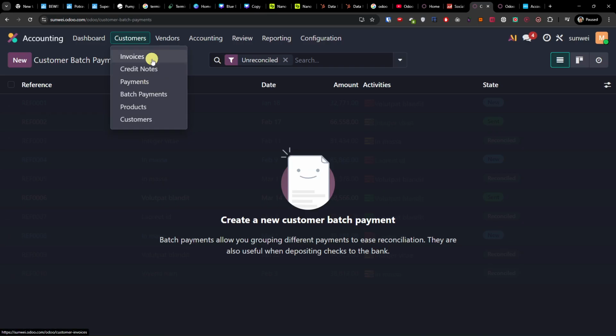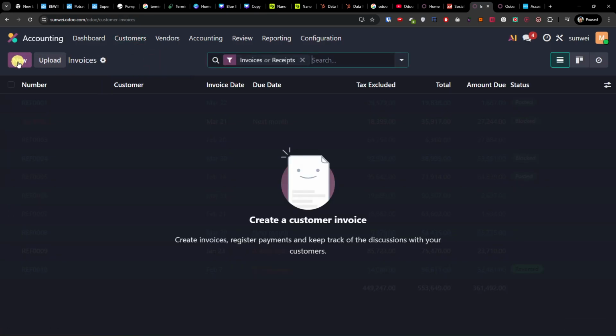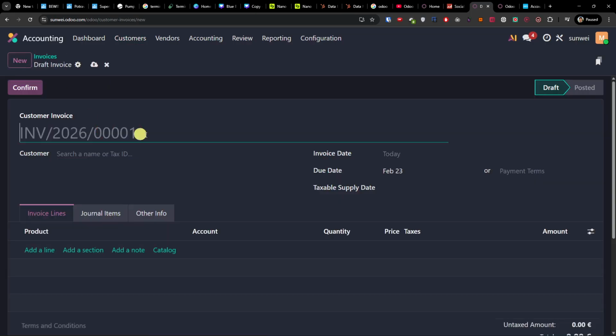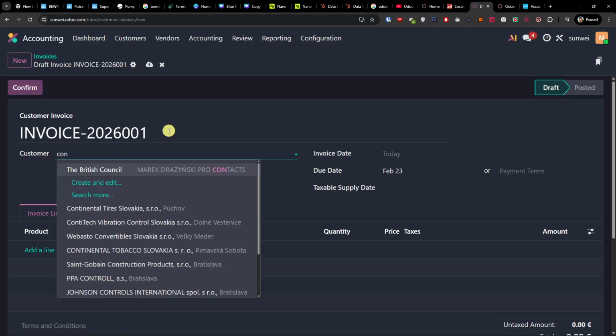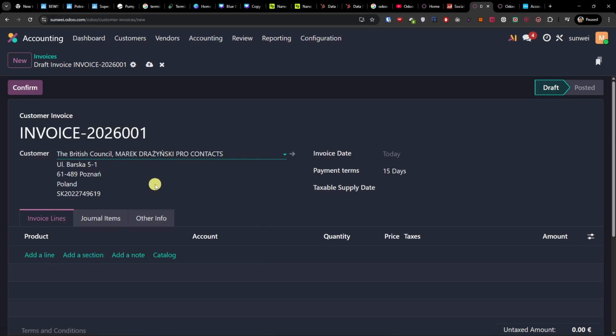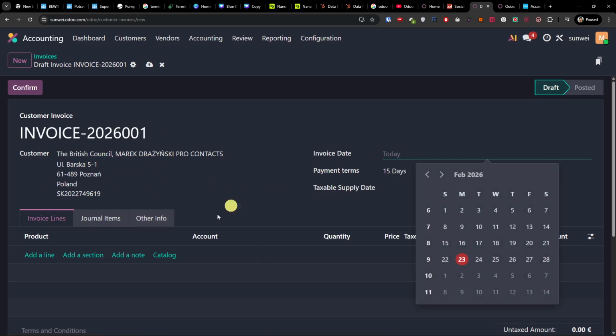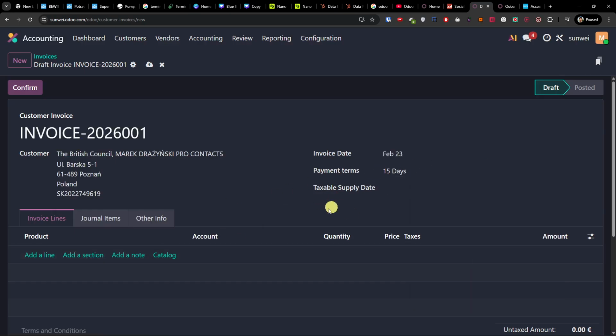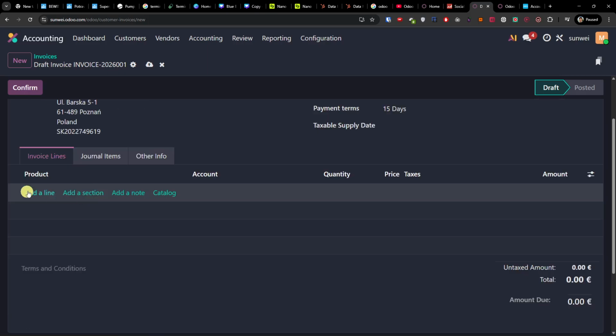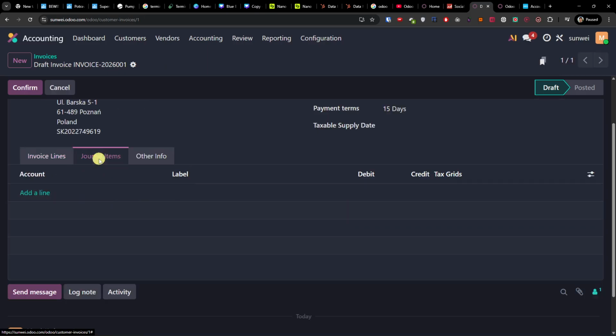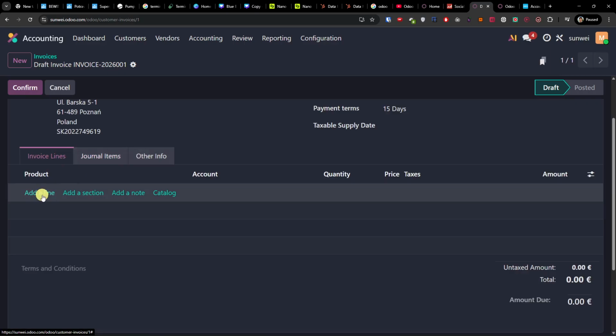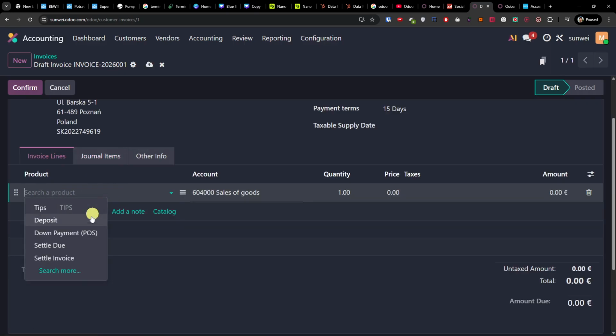Then you're also going to have the invoices here. Primarily for the invoices, when I click here on new, I can write here. So this is going to be the invoice. Okay, then I can search a name. And look at that, we have it right here. So we have the customer that we created. Invoice date can be today. Payment terms of 15 days were added automatically because we had the customer. And then you're going to have the invoice lines, the journal items, or other info. So I can click here on the invoice lines and write a product. We don't have any product right here, but if I would like to have one, I can add